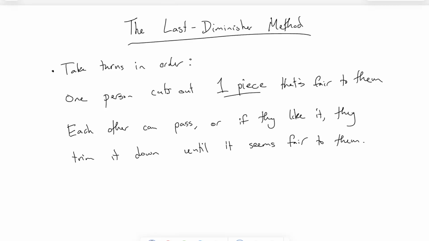All right? If you like the piece, then you trim it down a little bit until it seems like a fair piece in your opinion. And then, once everybody has their shot at it, everybody either passed or they trimmed it down a little bit. Once everybody has had their chance, then the piece